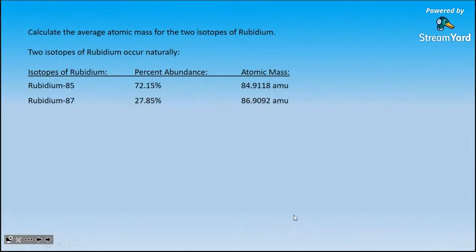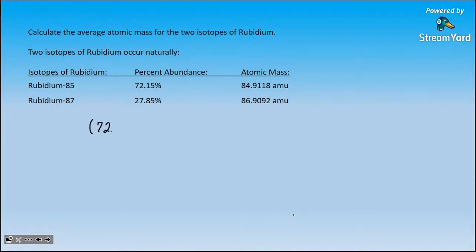So let's take a look at the second one. This is rubidium. There's 2 isotopes for rubidium, rubidium-85 and rubidium-87. Their percent abundances are 72.15 and 27.85 respectively. And we can go through the math again. I'm going to show you a little bit of an easier method to do this instead of putting each thing into the calculator separately. You can set this up all as one type of equation, where I do an open